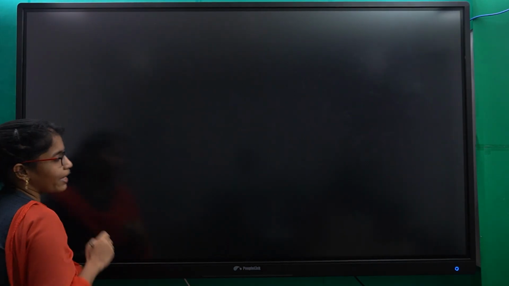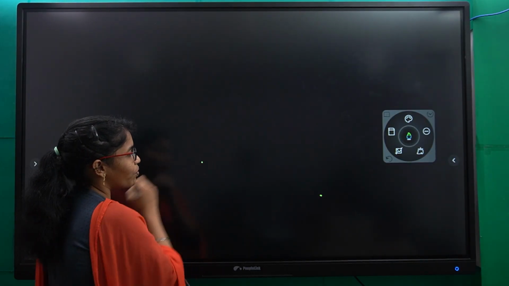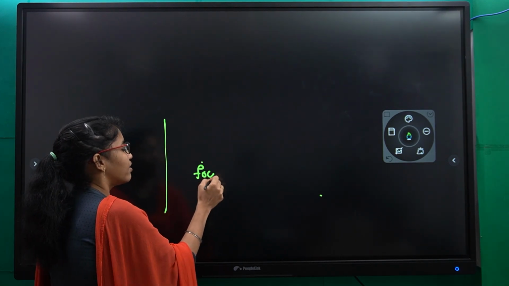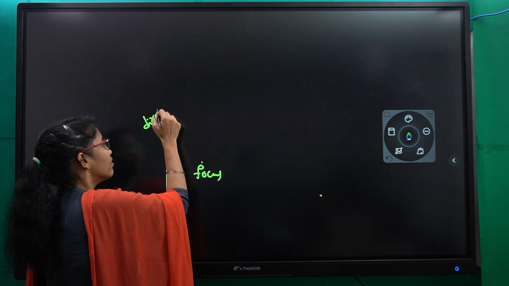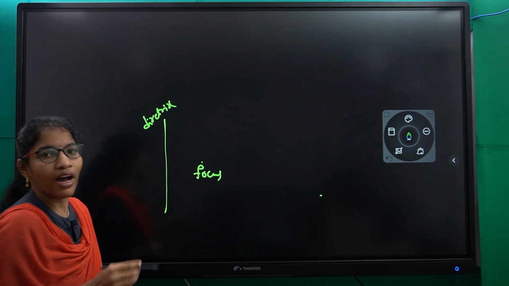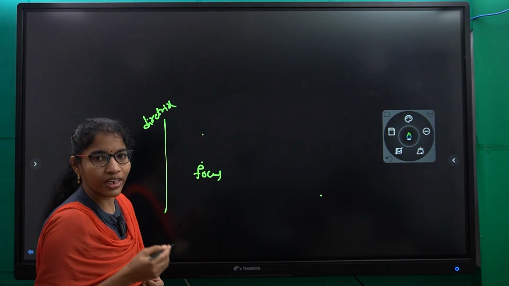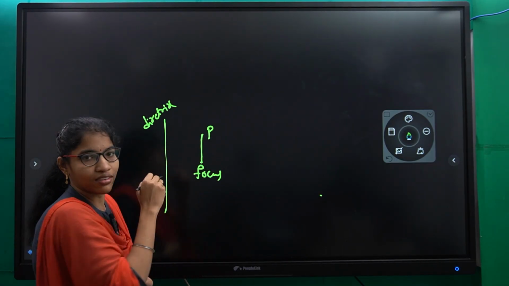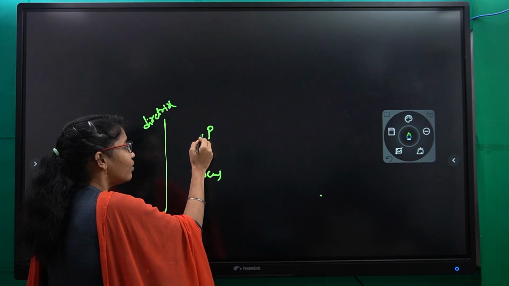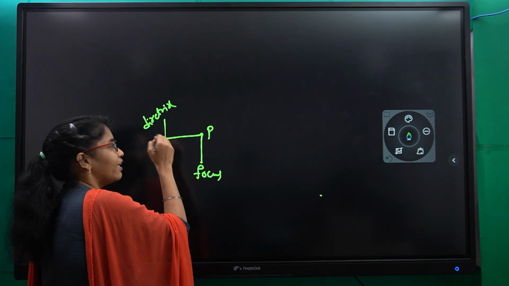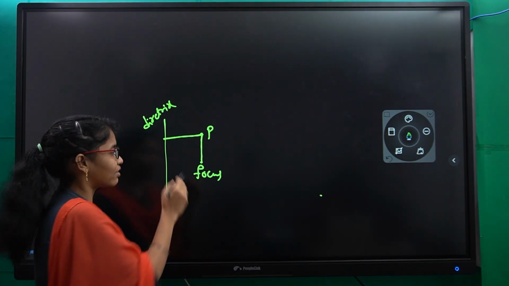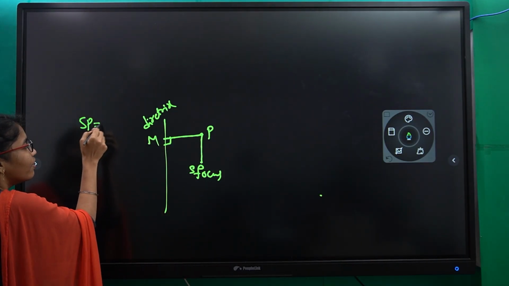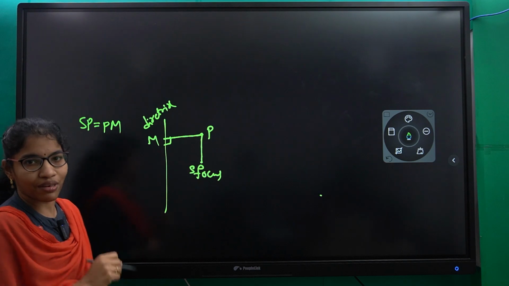So what is the definition of the parabola? If you take any fixed point and any fixed line, this is the focus and this is the directrix. A locus point which is moving in a plane such that the distance from it to the focus, that means a fixed point, is equal to the perpendicular distance from it to a fixed line, which is called the directrix. Then if PS or SP equals PM, you can call it a parabola.